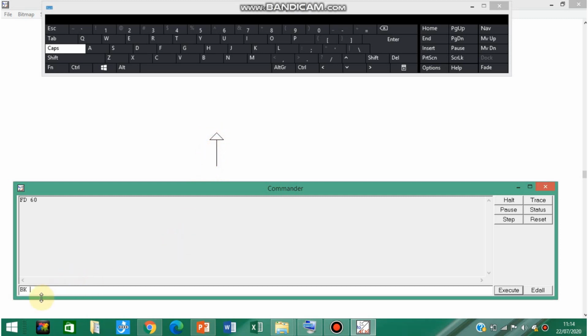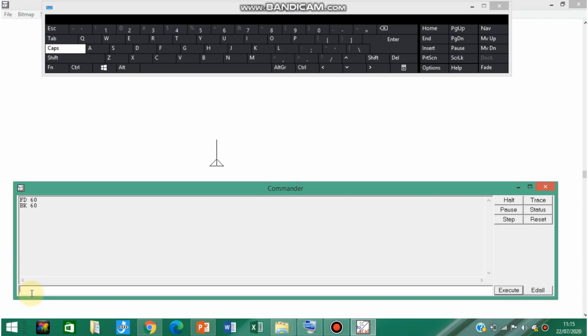Suppose I write BK space 60, wanting my turtle to move backward by 60. After writing the command, I click on execute, and you will see that your turtle has moved back by 60 steps. Backward is used to move your turtle in the opposite direction of its head. So these two commands we have seen. FD stands for forward and BK stands for backward.